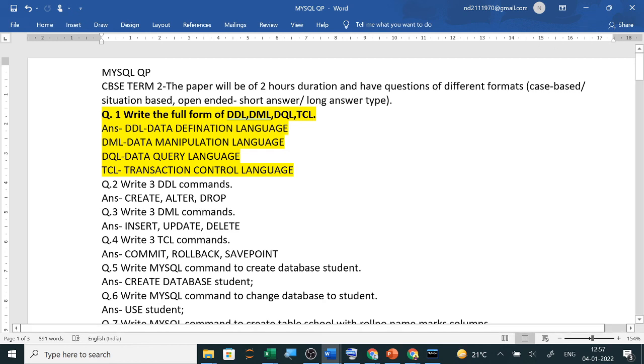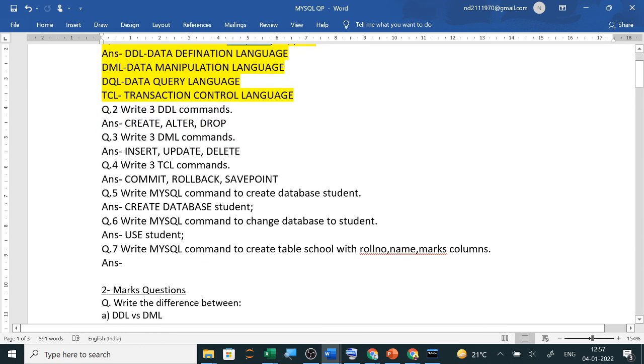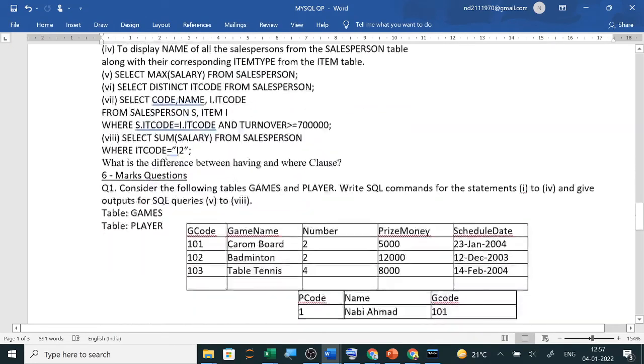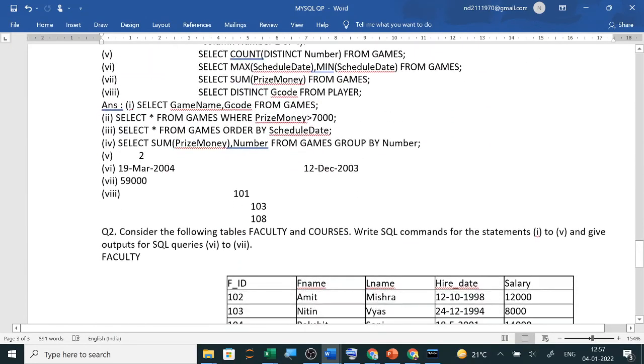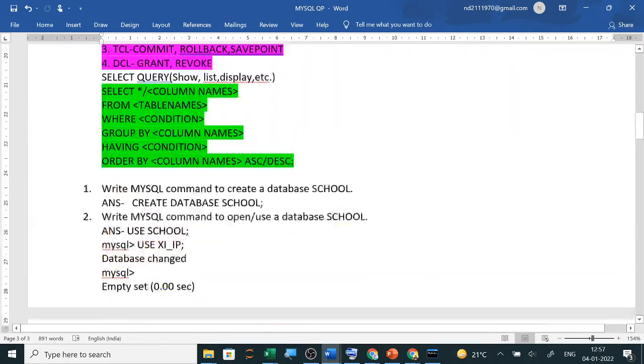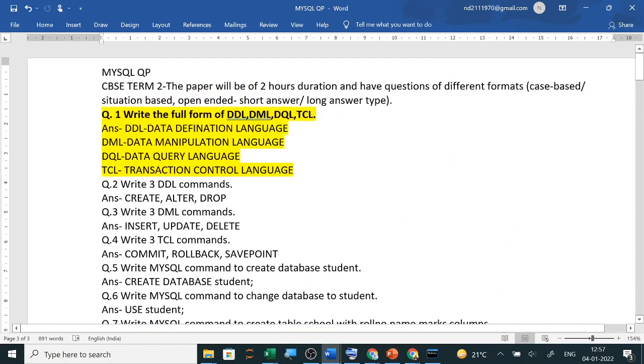MCQ, case based questions; I will share the case based questions with you. So this is your question paper pattern. Then table related queries are also there, single table and double table queries. All of these I will share with you afterwards. Yes, any doubt till here?